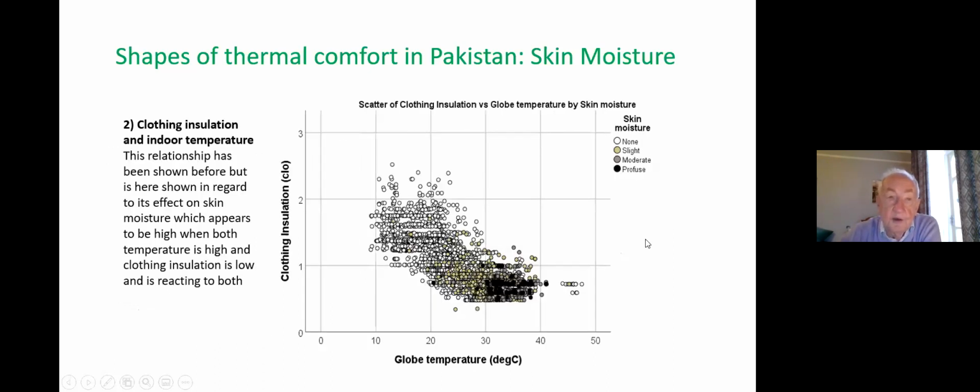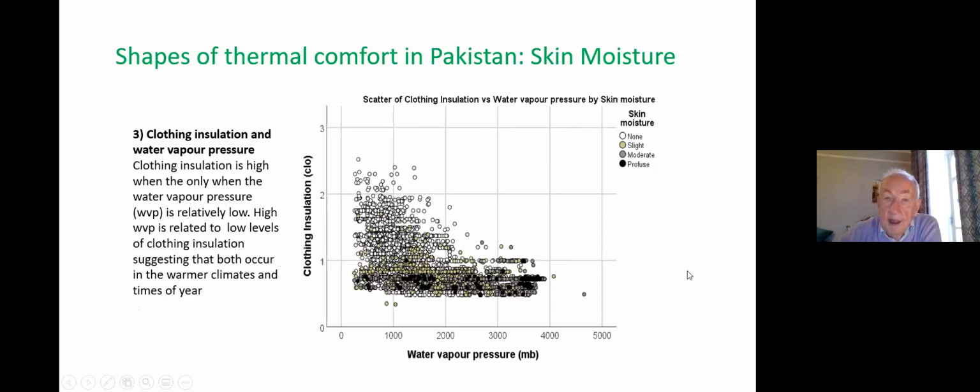We can do clothing versus indoor temperature. You can see the clothing goes up. That's one we've shown you before. This is clothing insulation versus water vapor pressure. And you can see the profuse sweating that really only occurs when the clothing insulation is small. The higher the clothing insulation, people are either unaware or have ways of dealing with